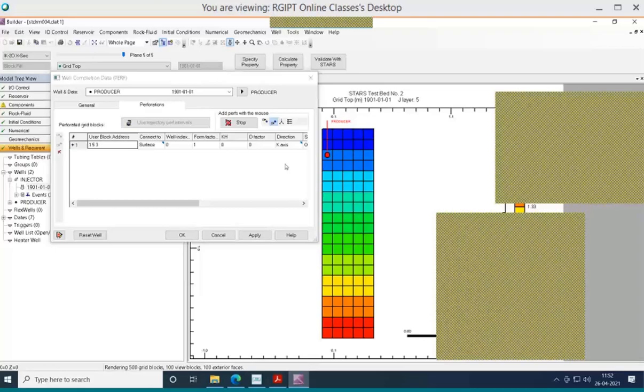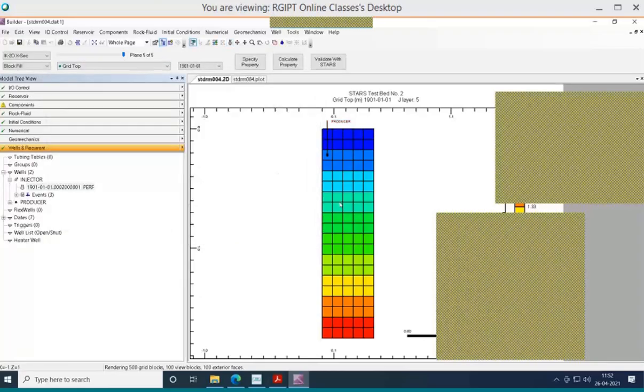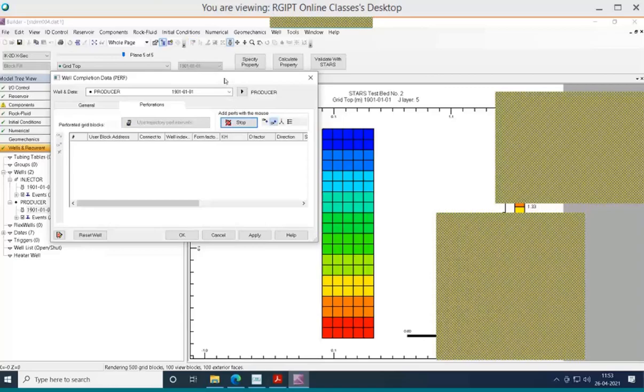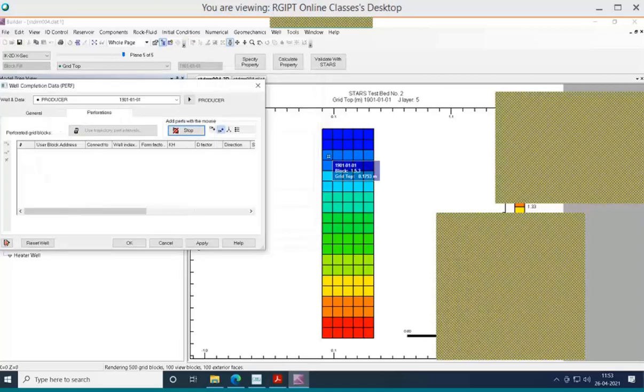Sorry, I have to change it again. Producer, perforation. Let me delete this one. Begin, we can have this one 153, 253.